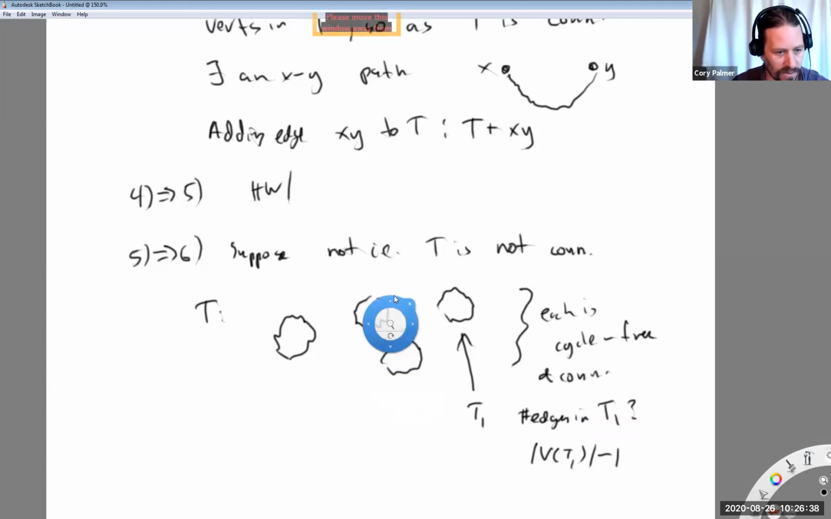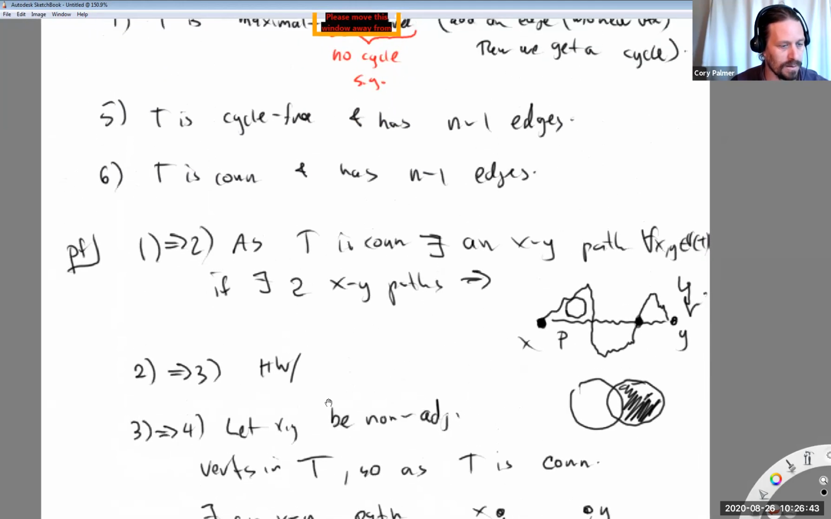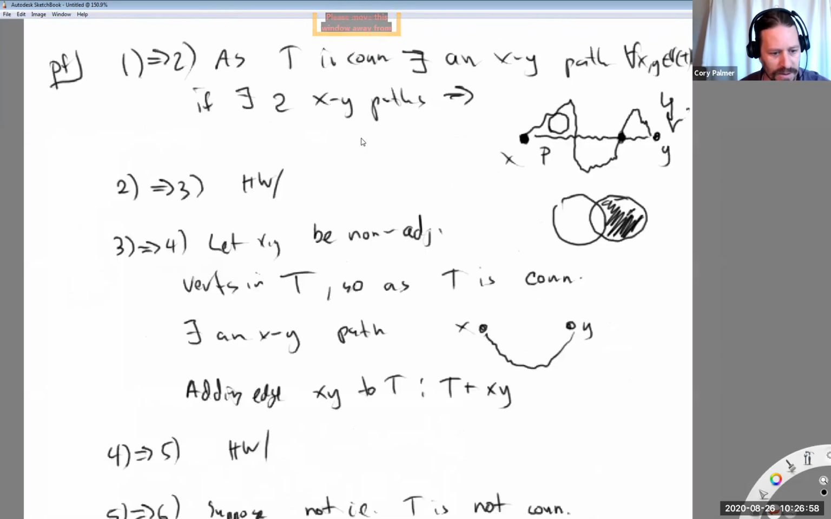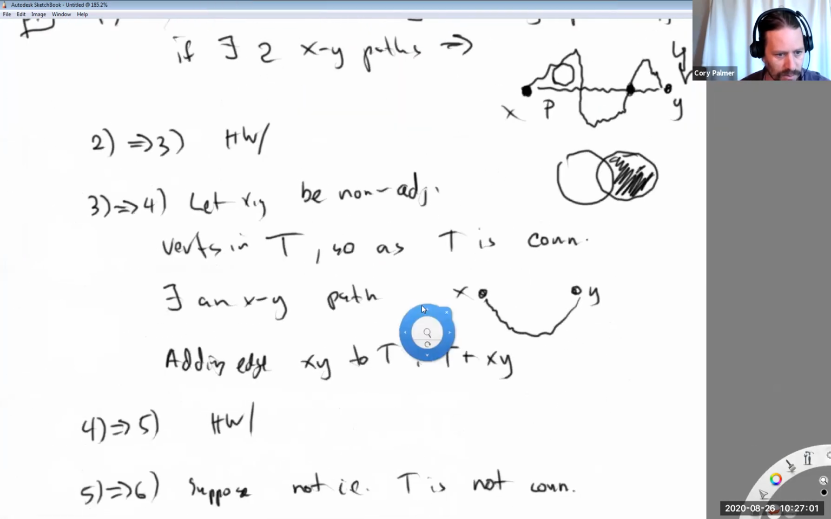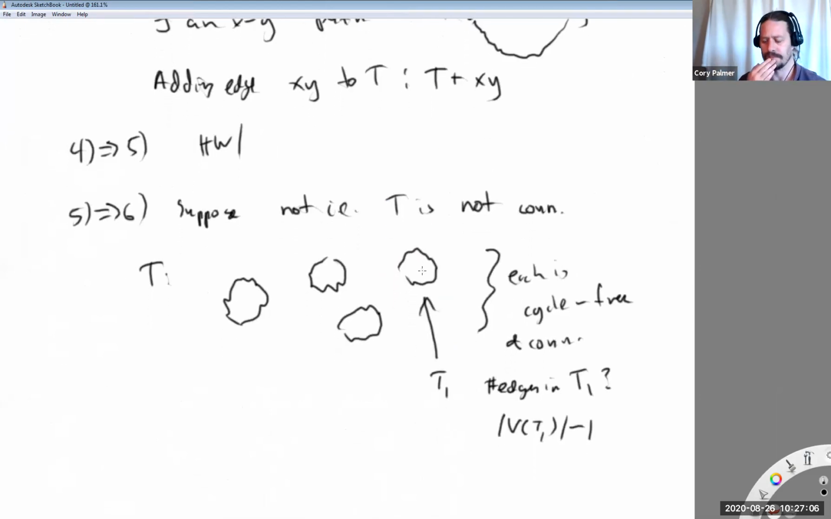That should follow from, let's see here. Oh, you know what? Actually, this is interesting. Are we using 1 here actually? T is cycle free. What can we say? Yeah, okay, actually I'm a little confused now. I want to apply 5 in order to establish this, but I'm not seeing it anymore. So 5 says, so we can assume that T,